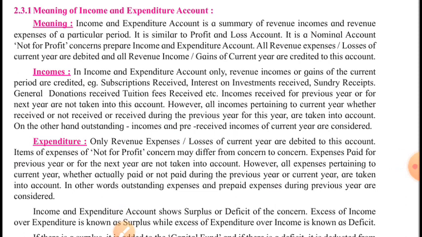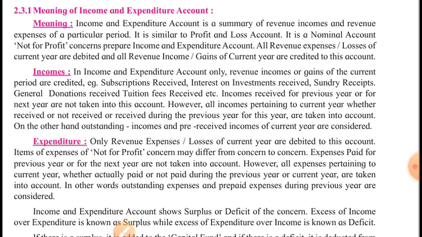Now we are well aware of a not for profit concern, its features, the difference between profit concern and not for profit concern, isn't it? Similarly, we have studied in the previous video lecture that there are various reasons for which the final accounts of not for profit concern are prepared, why these concerns are required to keep proper record of their transactions in maintaining proper set of books of accounts, all these things.